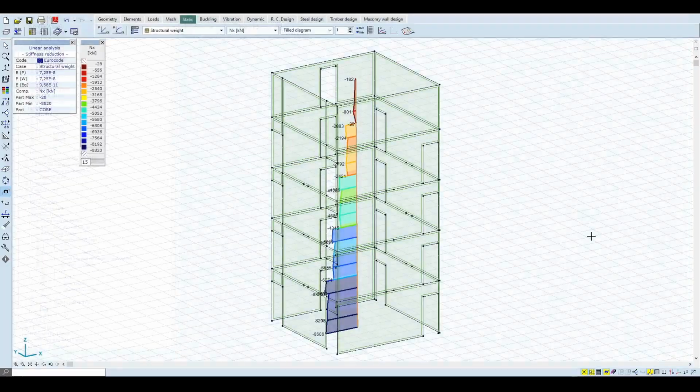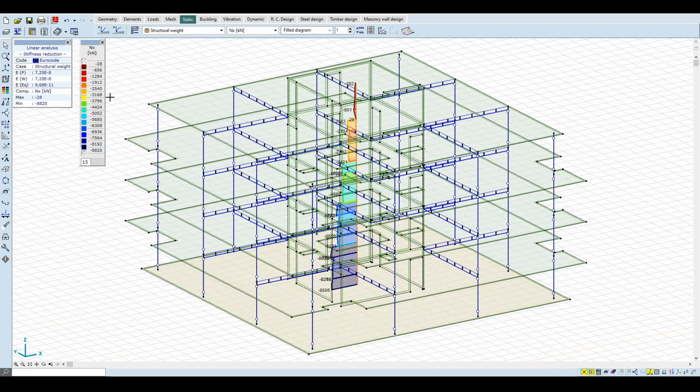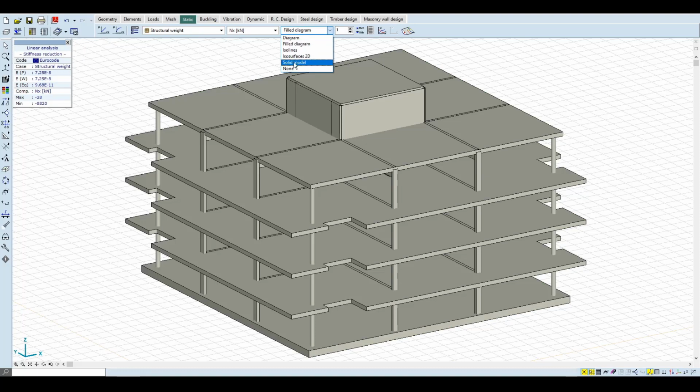After the analysis is finalized, we can design the structural elements and carry out the standard checks using the RC, steel, timber, or masonry design modules of the software. For example, our reinforced concrete building could be completely designed with an automated procedure using the RC1 module for the slabs, RC2 for the columns and beams, RC3 for punching shear, RC5 for the core, and also RC6 to analyze the crack state of the structure elements. However, due to the limited time here, standard design and checks are out of scope of this webinar.